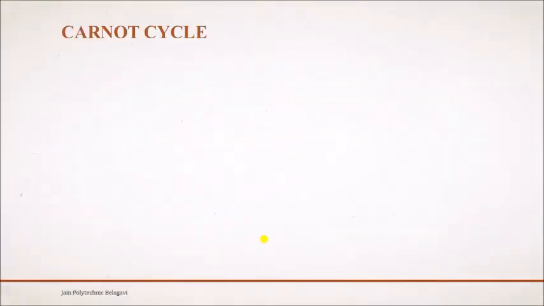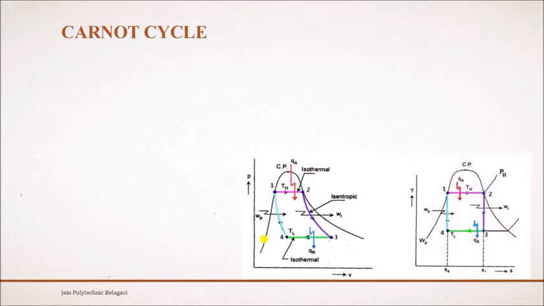Let's go through the first type of cycle, that is the Carnot cycle. You can see here there are two diagrams, pressure volume and temperature entropy. Here we will have four processes, that is two isothermal processes and two isentropic processes. The heat addition is during the isothermal process, that is, during the heat addition the pressure and temperature remain constant. You can see here the process 1 to 2 is nothing but heat addition. During this process the pressure remains constant, and the temperature remains constant too, so that's why we call it an isothermal process.